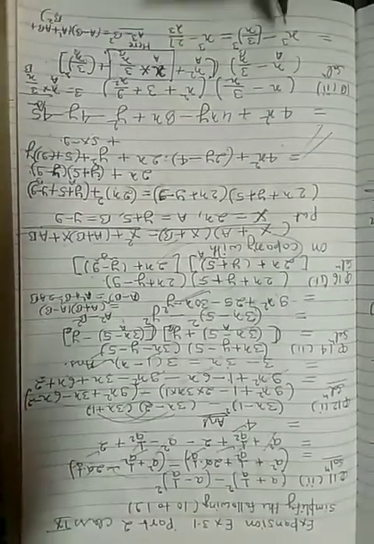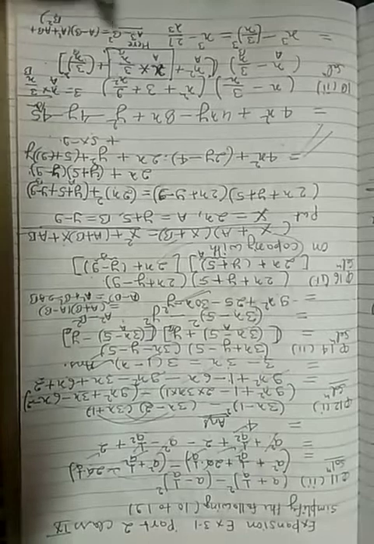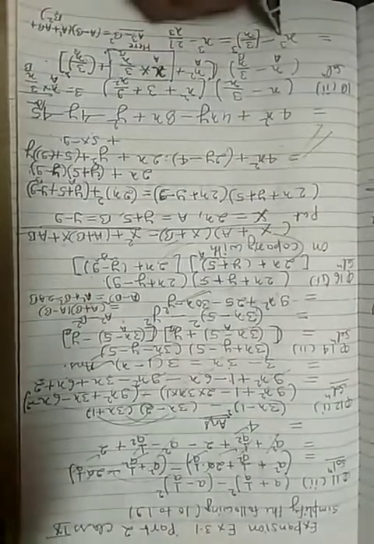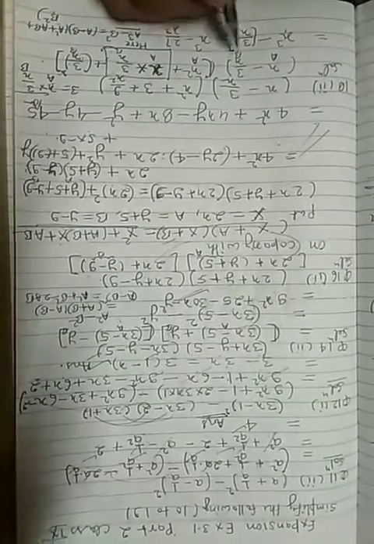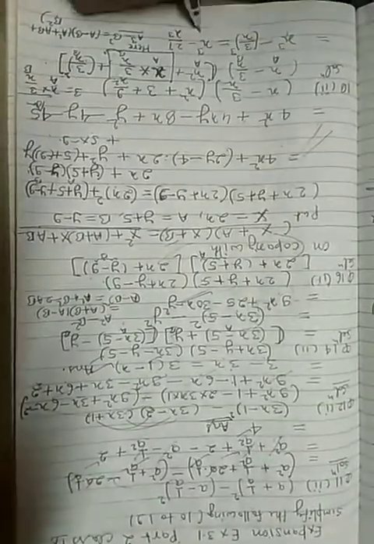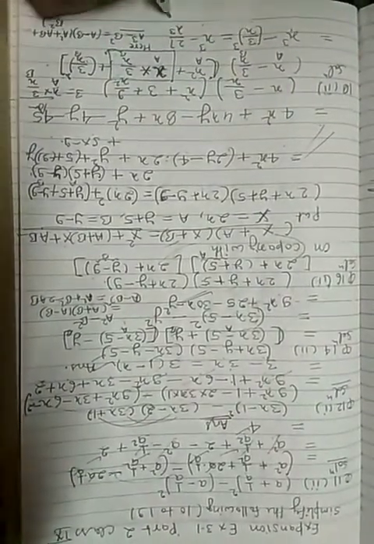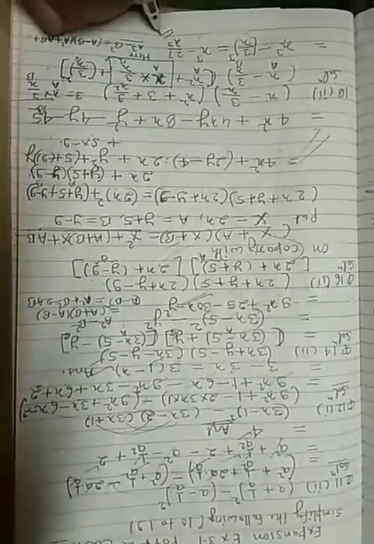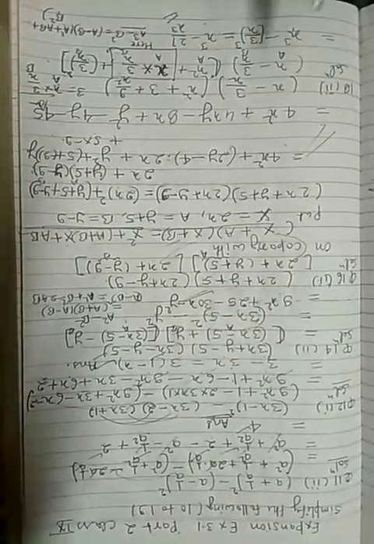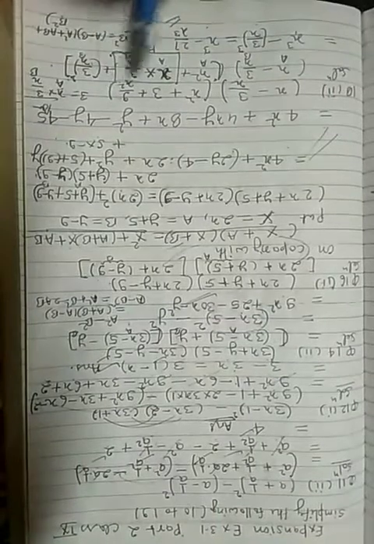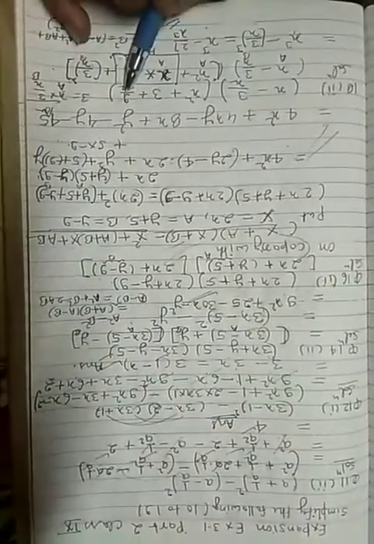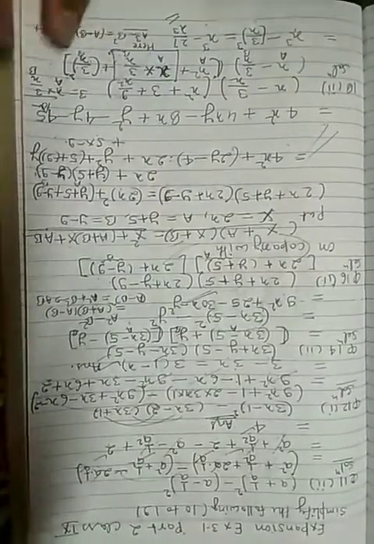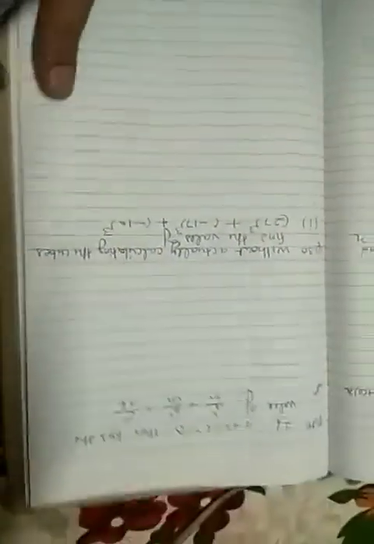Otherwise no need, you can directly write it as a cube minus b cube if you know. So this one is a cube minus b cube, means x cube minus (3 upon x) whole cube: x cube as it is, and 3 cube is 27 upon x cube, that is the answer. And this question you can solve directly by simple multiplication if it does not mention using formula or using identity. Alright, next here we